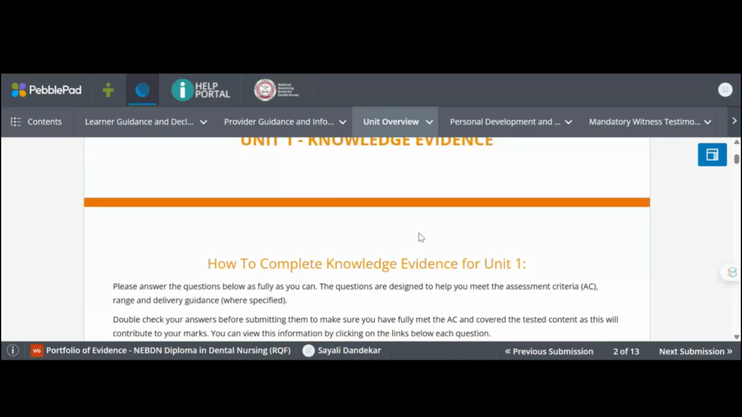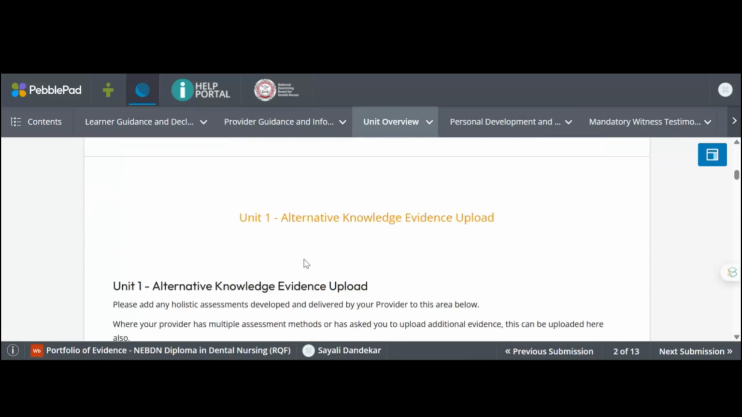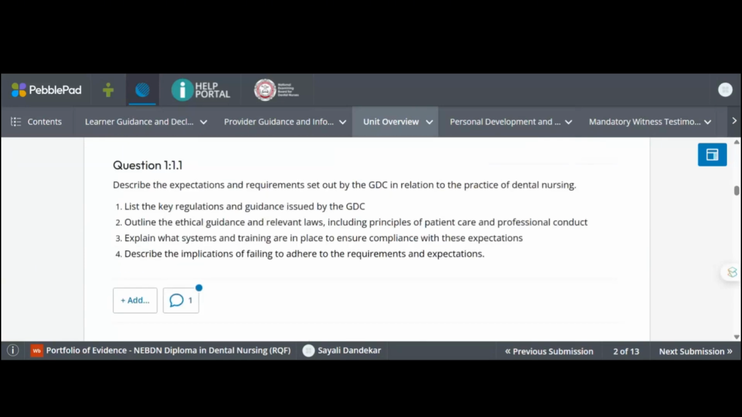In this part, again, you have some questions. If you go through these properly and complete all the sections that are required, then you can pass your evidence in one go. Like in question 1.1, there is: describe the expectation and requirements set out by the GDC in relation to